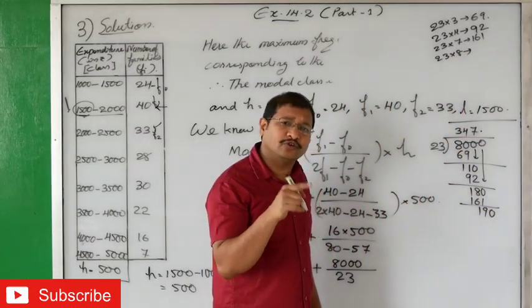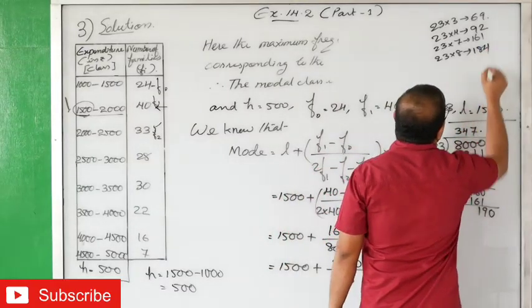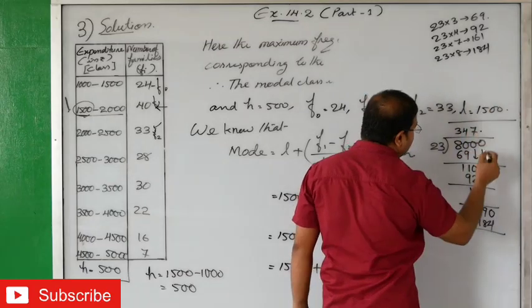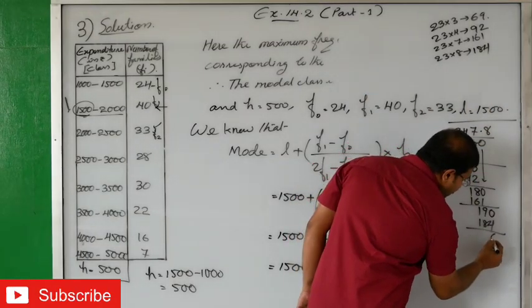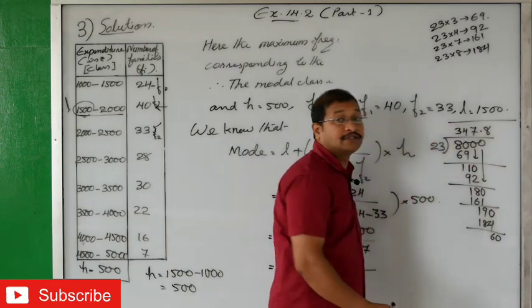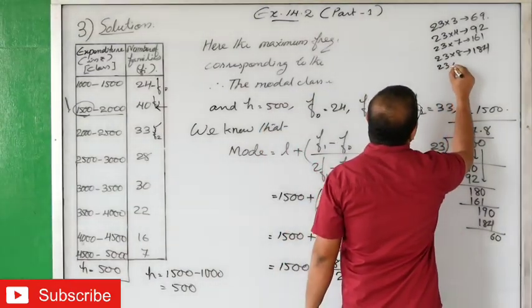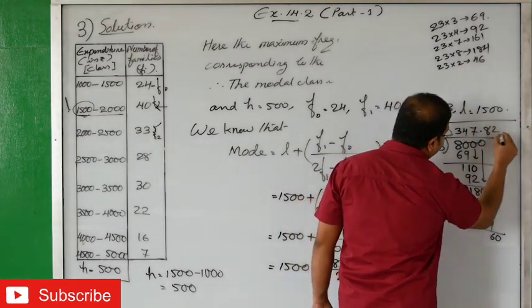You'll multiply. So 23 8s are 184. Ready? That means 184. How many times 23? 8s are. That means 0.8. Subtracting, we'll get 6. 6 means 60. 60 means how many times? 23 into 2. That means 46. So 2 times